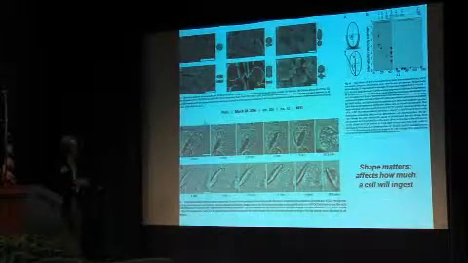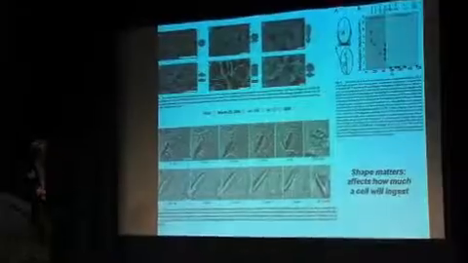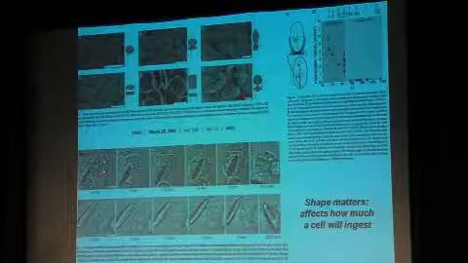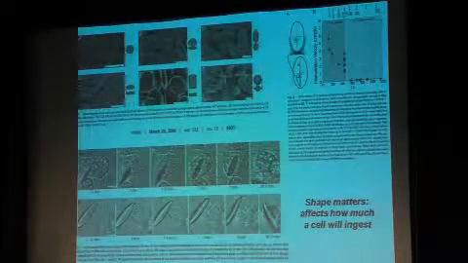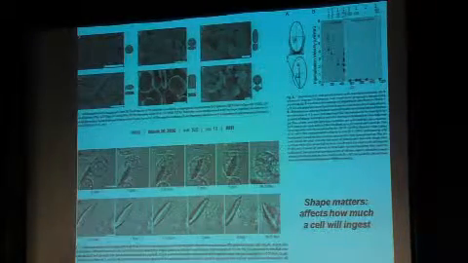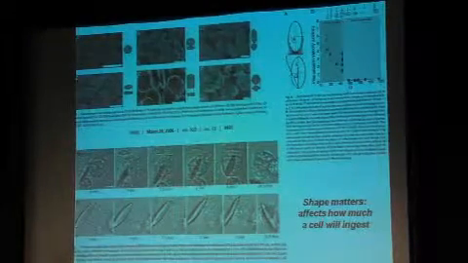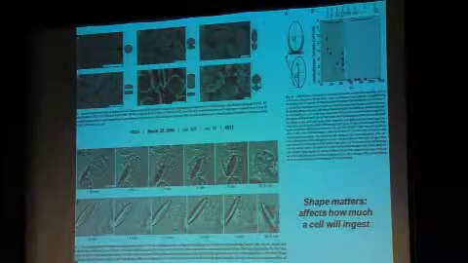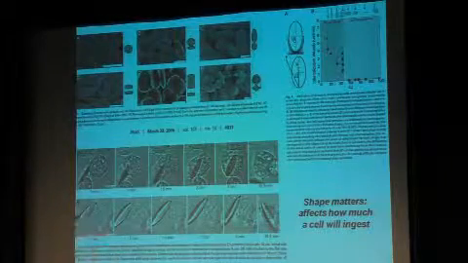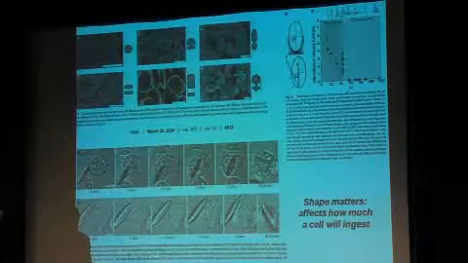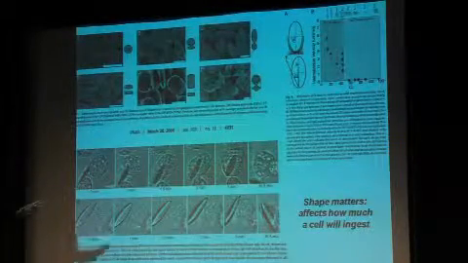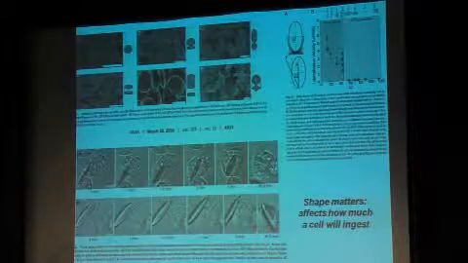All right, so the last point is to talk about shape. Shape matters. So this is a nice paper in which people have made particles of different shapes and asked macrophages of the reticuloendothelial system that line the liver, that line the kidney and spleen, these macrophages to eat those particles and show us what they can do with different shapes. And what we see is that aspect ratio matters. And I bring this up because carbon nanotubes have a long aspect ratio, and it's very difficult to understand how macrophages could get their mouths or their heads or something around that. I was taught as a kid, never eat anything bigger than your head. And so the idea is that macrophages also have to deal with the idea of aspect ratio.